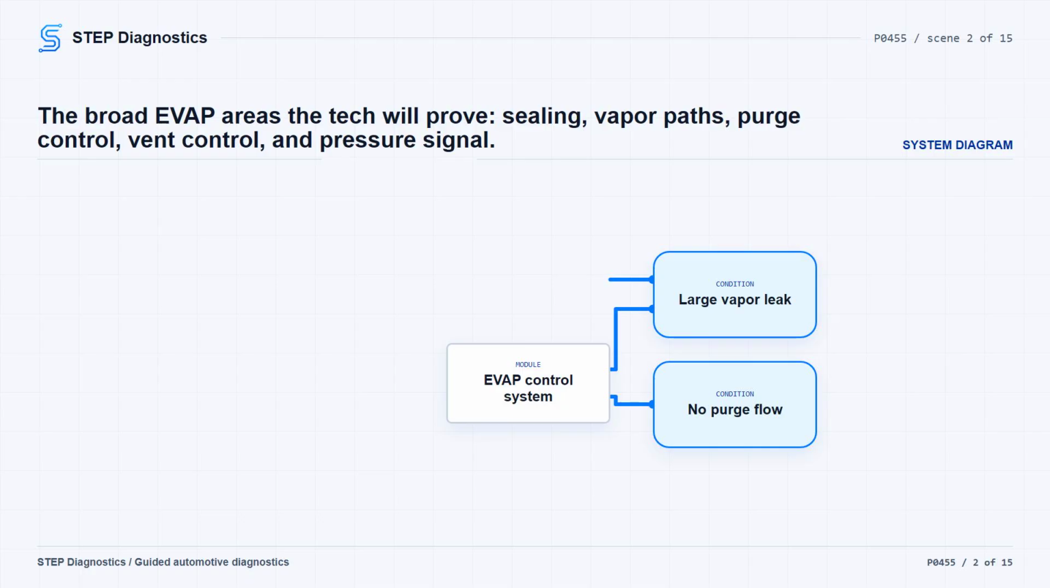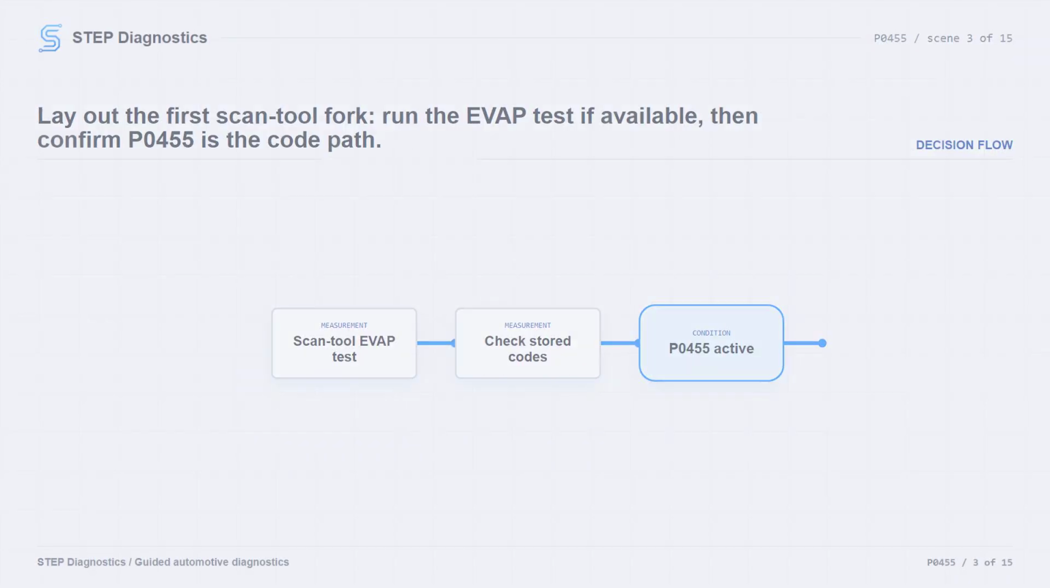The broad fault areas can include the filler neck or capless inlet, EVAP hoses and vapor lines, purge and vent control, the fuel tank area, and the FTP sensor signal. The goal here is not to guess at parts. Work the path in order and prove whether the system is sealed, whether purge is actually working, and whether the pressure signal makes sense. Start with the basic system checks, then run the scan tool EVAP test if it is